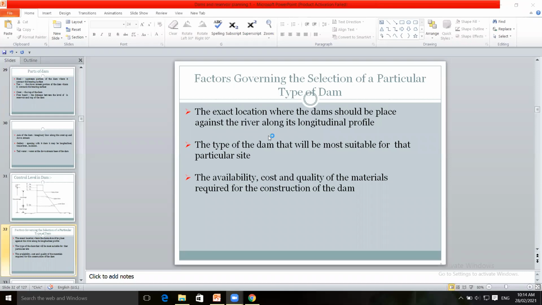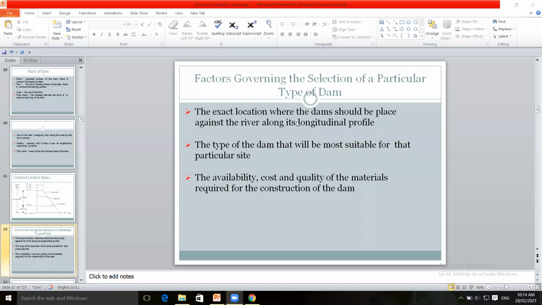It should not be located at any place. At any place, the study should be done. Different geological features, its discharge, storage of the water in the dam, reservoir capacity is to be studied. All the factors have to be studied.